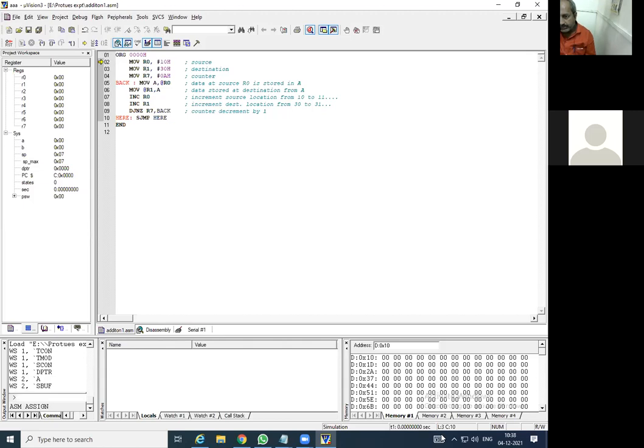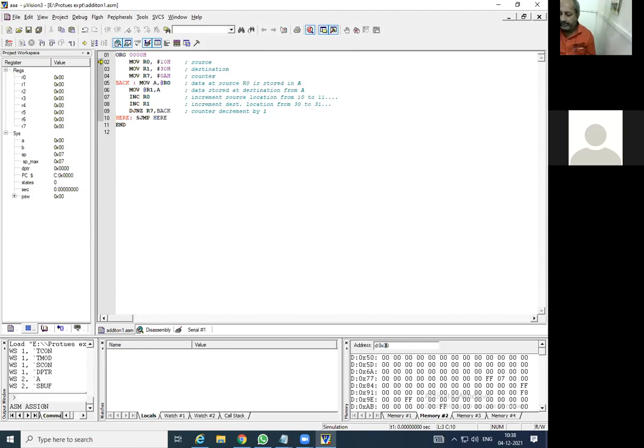You can observe here memory 1, memory 2, memory 3, memory 4. So click on memory 2. There you can write that particular address, that is D colon 0x30, because in our case we have written 30.